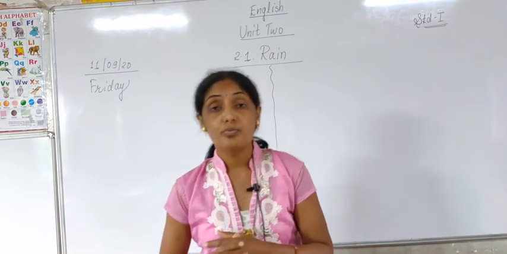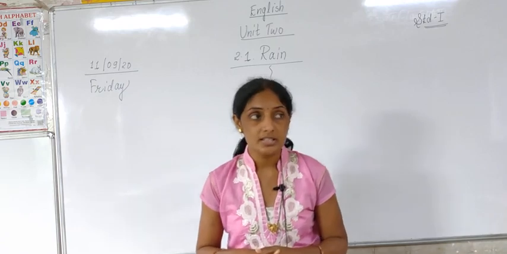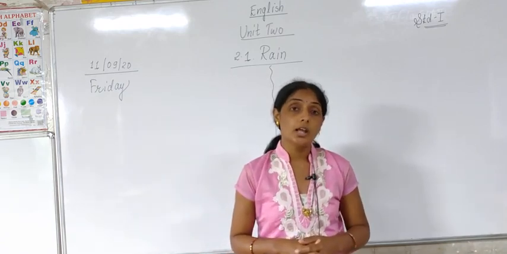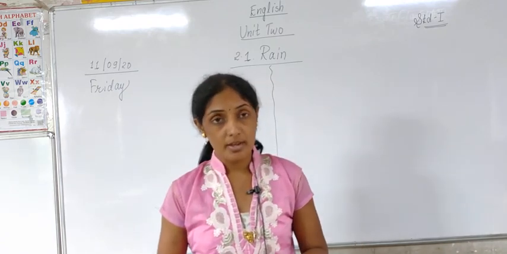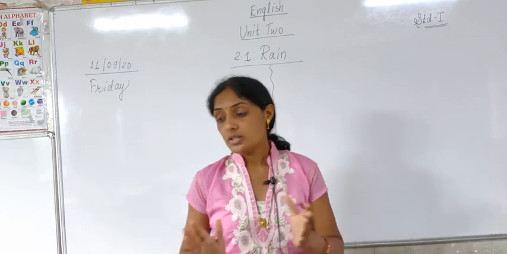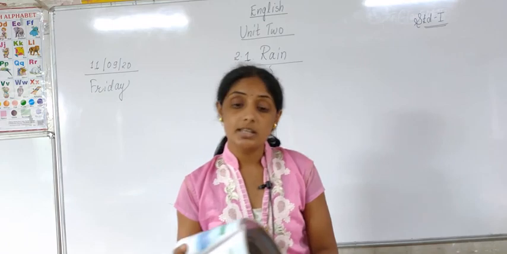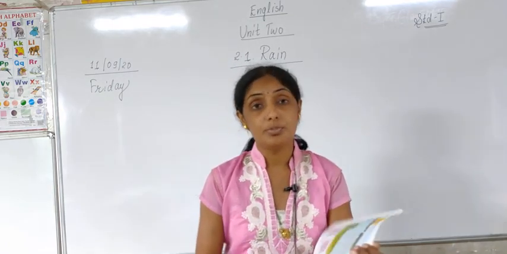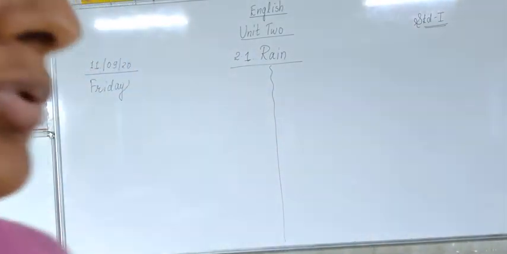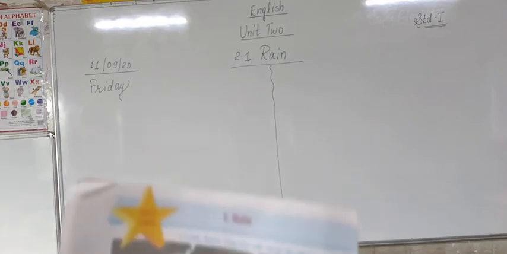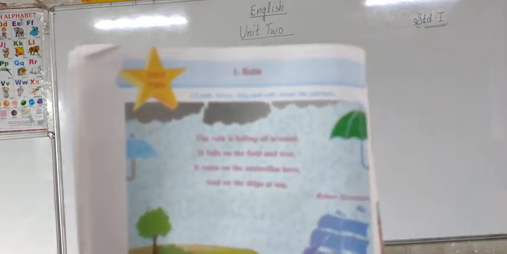On page number 14 it is given. On which page number is it given? It is given on page number 14 and it is 2.1 poem Rain. So what is that poem? In that poem it is told: look, listen, sing and talk about the picture. What do you have to do? You have to look, listen,